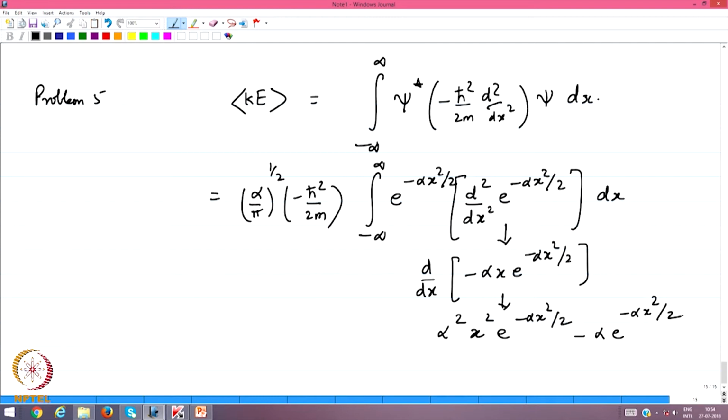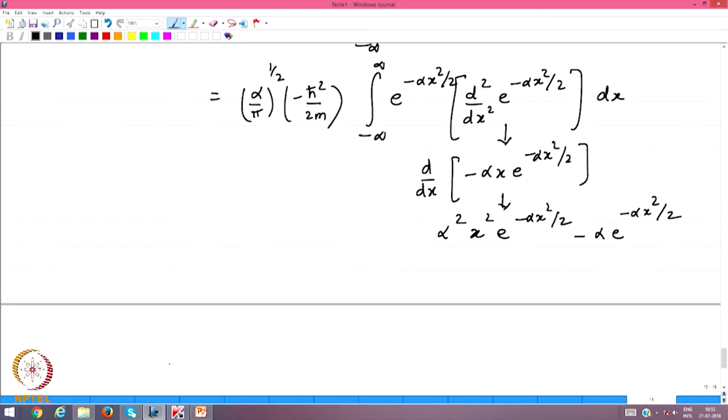Okay. So this is the derivative, and therefore the average value of the kinetic energy is